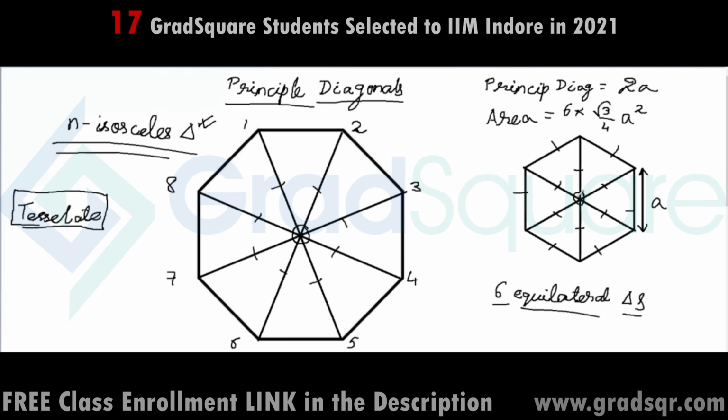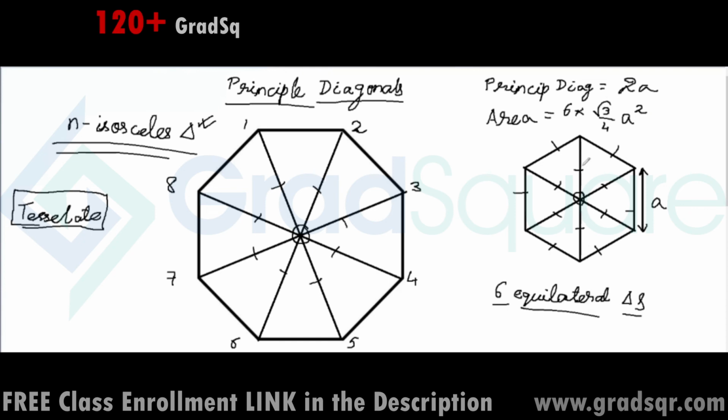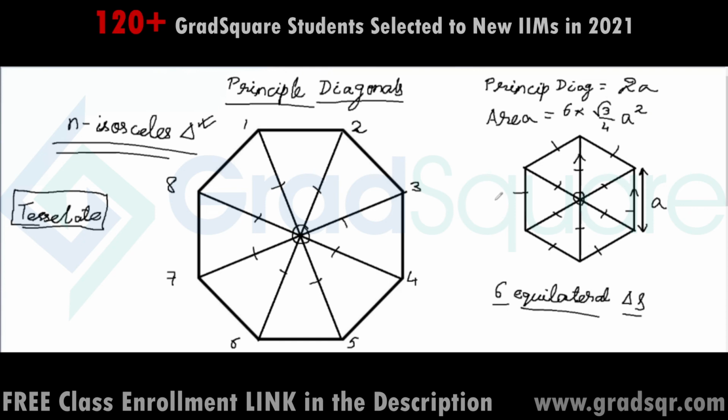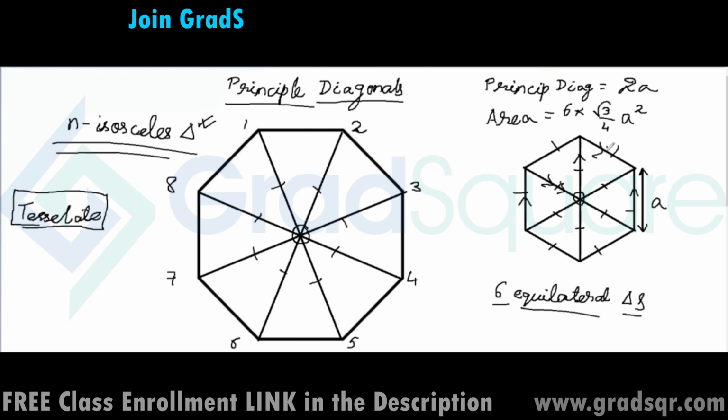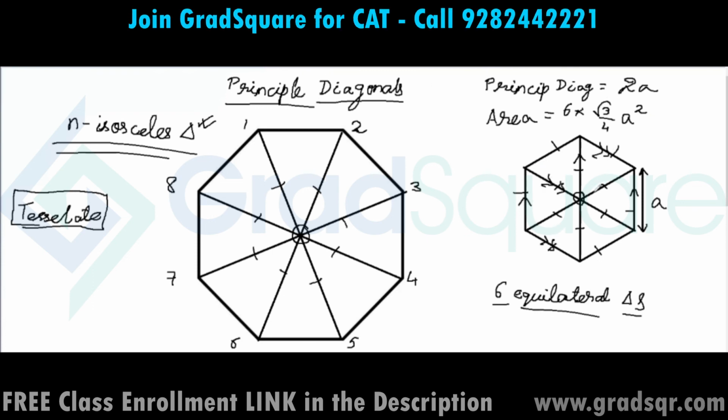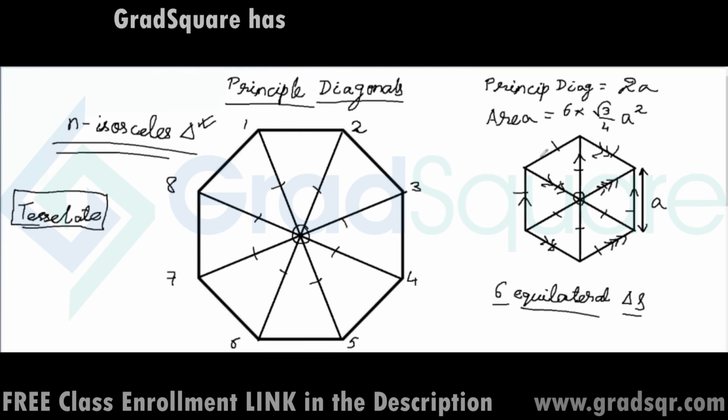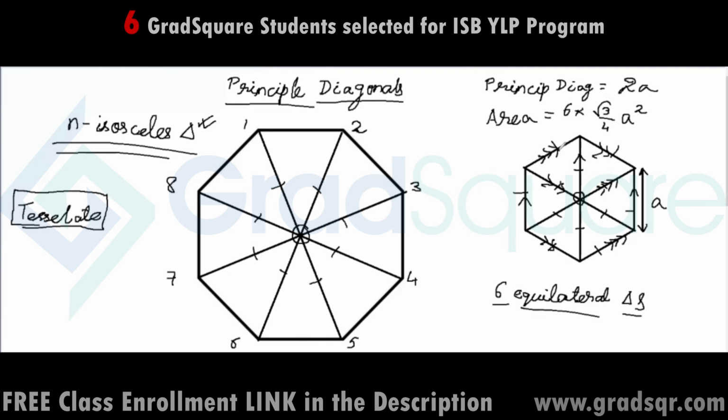Also, a property of the principal diagonals of a regular hexagon is that each of these diagonals will be parallel to 2 of the sides of the hexagon. So this diagonal here will be parallel to this side and this side of the hexagon. This diagonal will be parallel to this side and this side. And finally, this diagonal will be parallel to these 2 sides. So the hexagon has so many degrees of symmetry, and that is why it is the most frequently occurring polygon, not just in our questions in the syllabus, but also in nature.